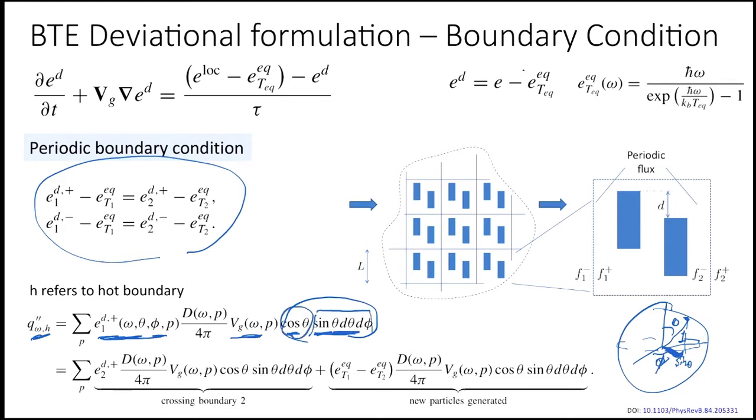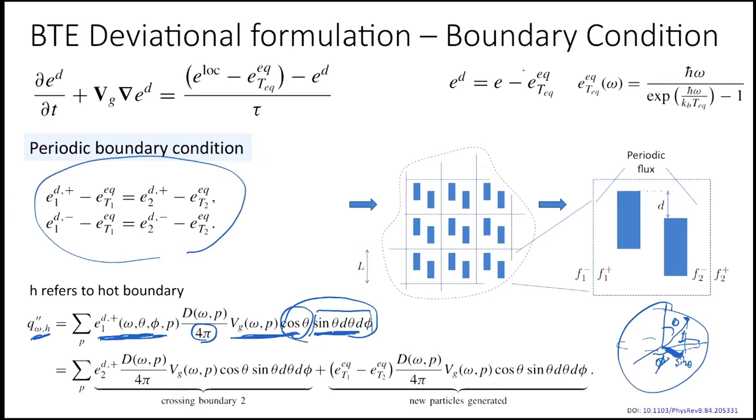And this cos theta term comes from Vg dot n cap, because we had to take the flux perpendicular to the boundary. So Vg and the cos theta factor come from there. And there was an h bar omega term before, but now we have taken the deviational particle. And the 4 pi term comes from the solid angle. So we are doing the same thing.